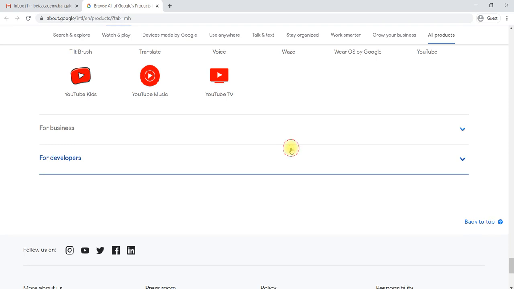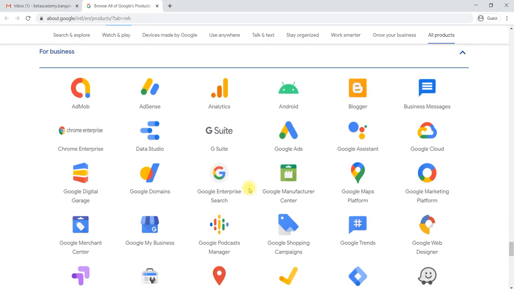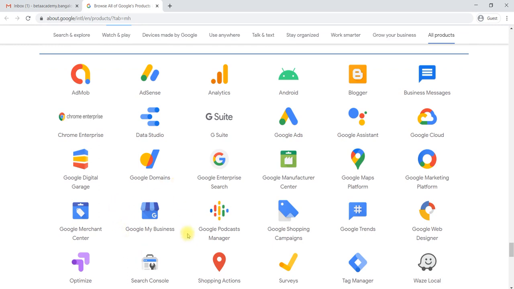Then Google My Business, especially for a business. Google Trends, for digital marketing. Data Studio will be learned to represent data and build a dashboard. Google Analytics is to analyze your data. Blogger is to write content.